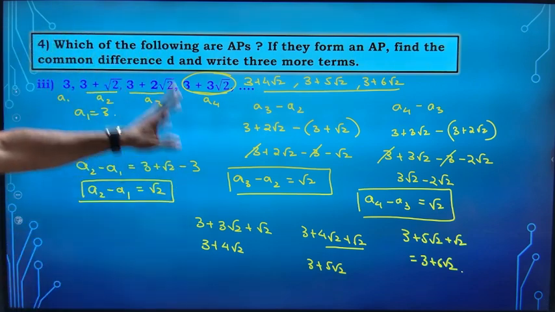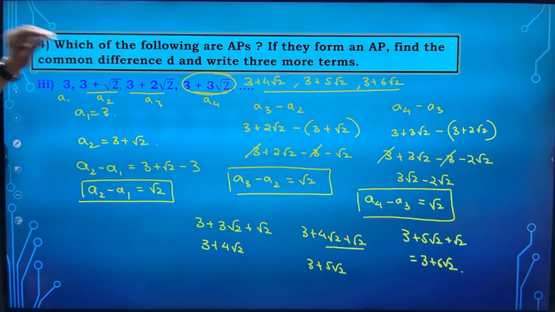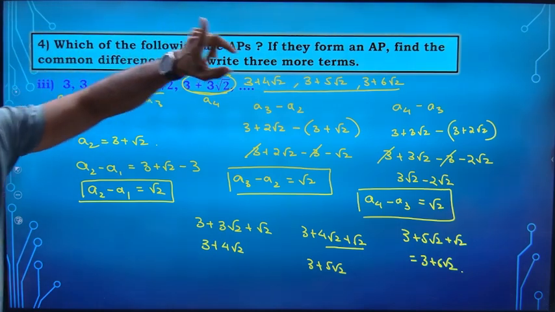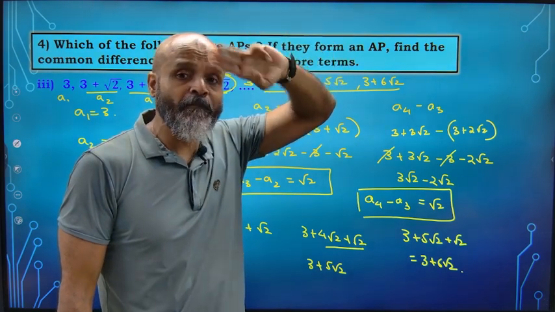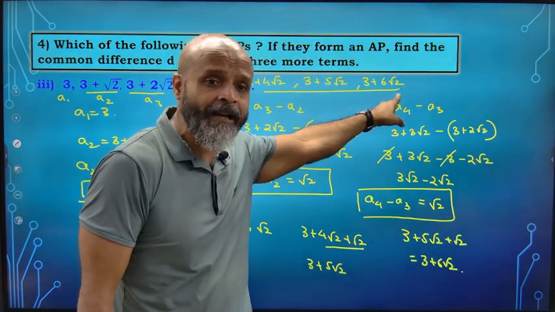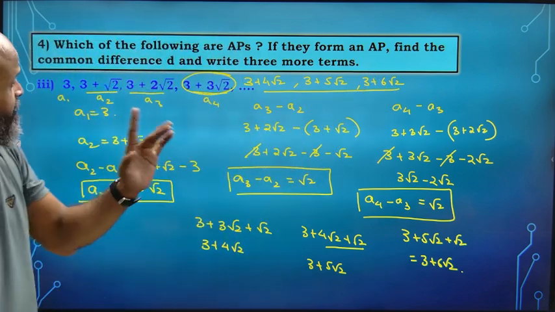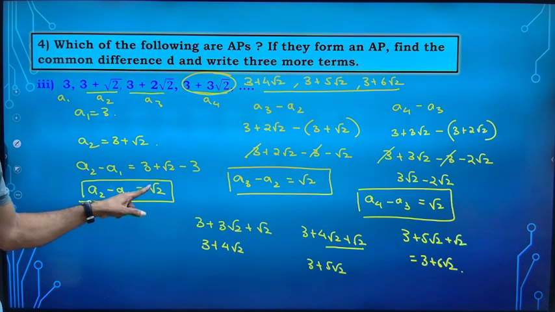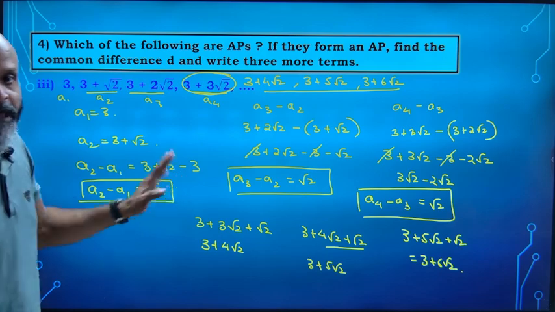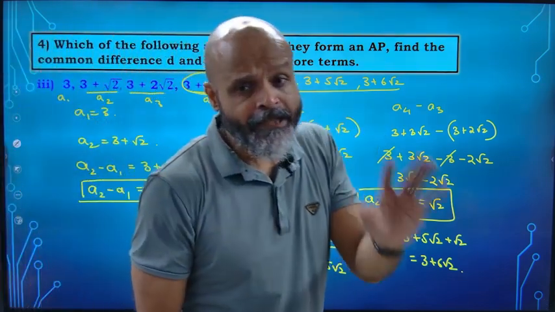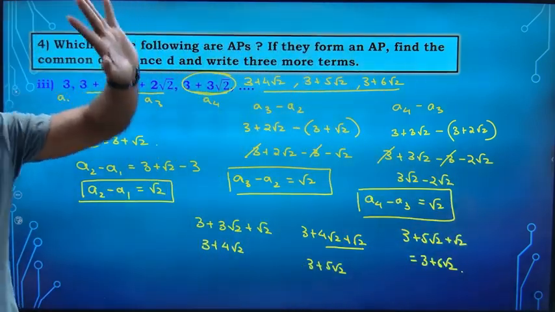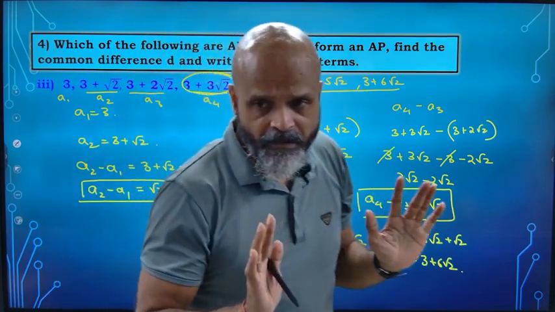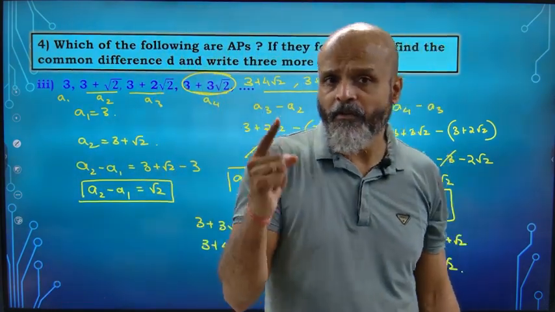Okay, unknown terms. Are we clear on this one? So your common difference could be anything. Common difference can be a 0, common difference can be a negative number, common difference can be a positive number, common difference can be an irrational number. In this case it is an irrational number. Irrational, why? Because it is square root of a non-square number, so it is an irrational number. Okay, so common difference could be anything. So long as there is a common difference throughout the sequence, it qualifies for all the formulas that are applicable to an arithmetic progression. Okay, so you are basically going to learn three formulas.